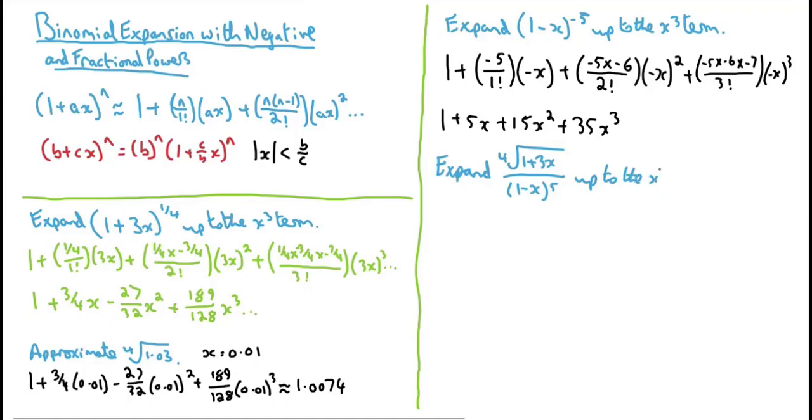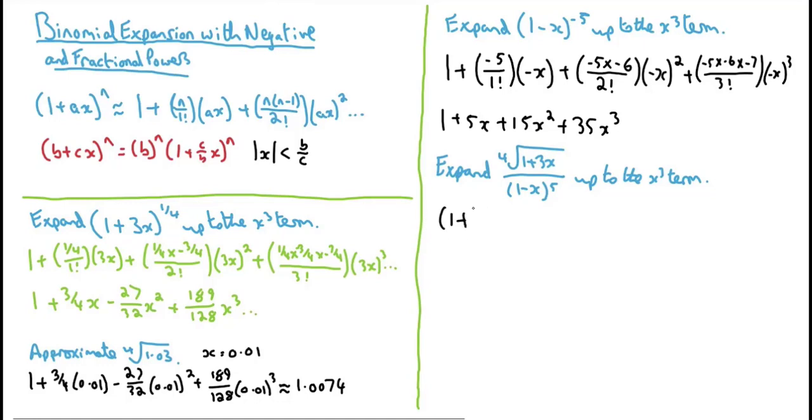Well, this, if we may spot, is just the combination of these previous two expansions. The fourth root of 1 plus 3x is just (1 plus 3x) to the power of a quarter, and dividing by (1 minus x) to the power of 5 is the same as (1 minus x) to the power of minus 5. So if you wanted, you could basically write this as just this bracket here times this bracket here, or because we already have the expansions, we can say that this would